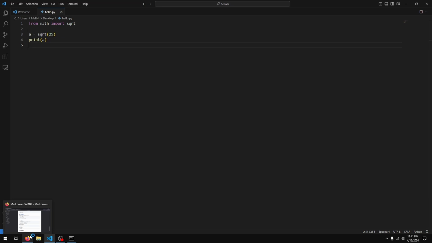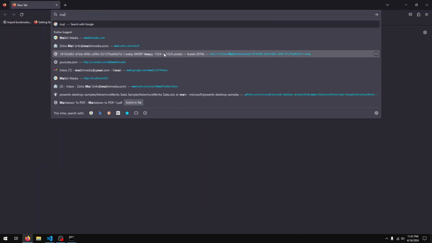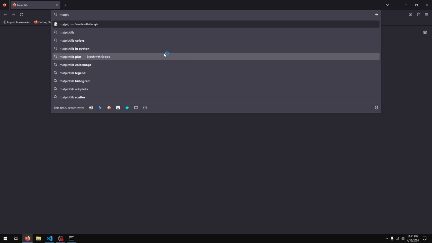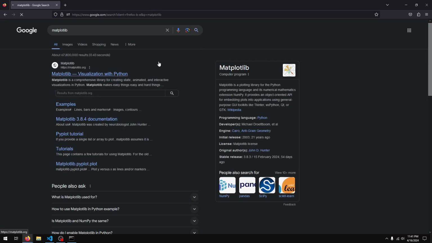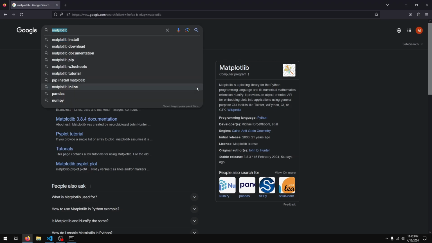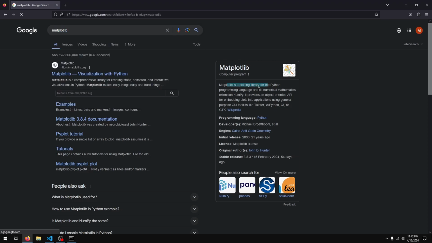So I'll just go to Google and I'll search for matplotlib. Matplotlib is a library that allows us to make graphs and charts in Python. It's actually quite heavily used when doing data science or data analysis work. But the focus of this tutorial is really how to install these packages. So if I go to the website,